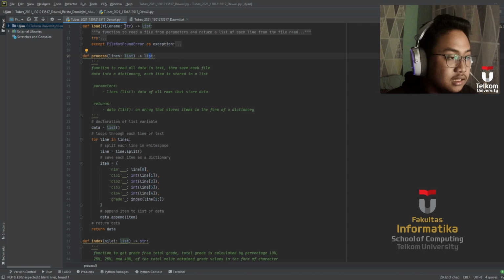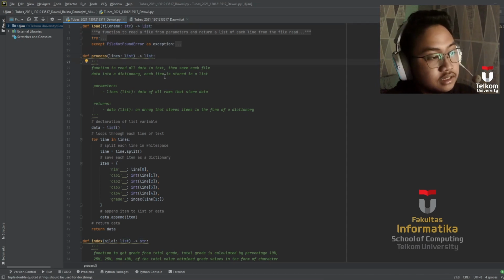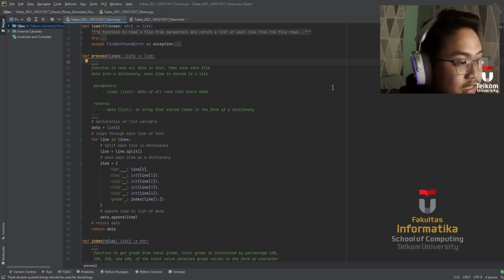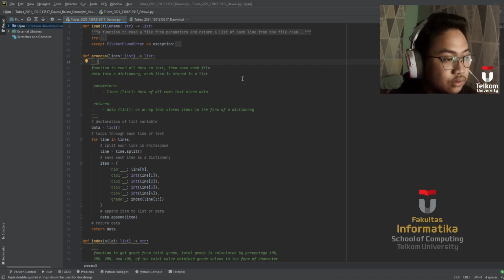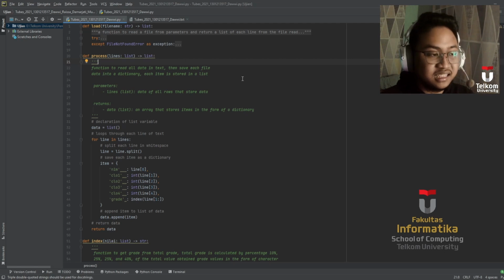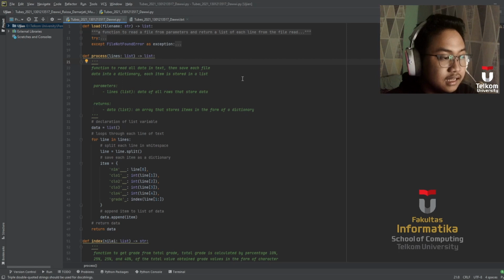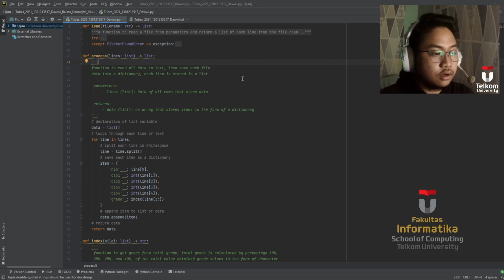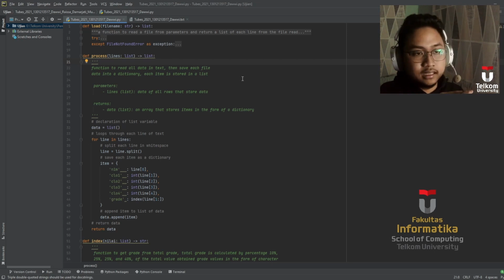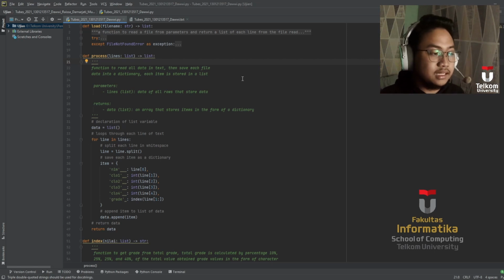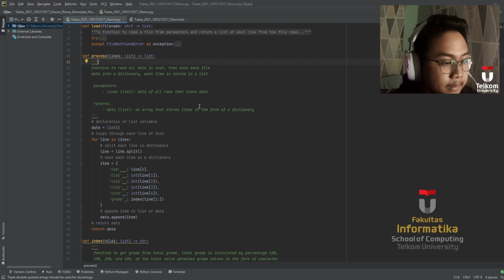Above, we are casting the file from a string using a type hint to a list, and in this function we are going to read all the text data of each file into the dictionary, and each item is stored into a list, which means the parameter lines is a list, the data sorted in rows vertically and columns horizontally. Then it's going to be a data list in an array, which is vertical. Now the item will be stored in the form of a dictionary.